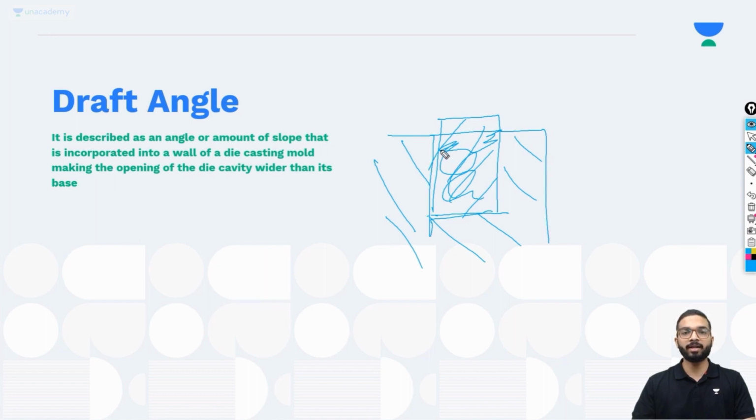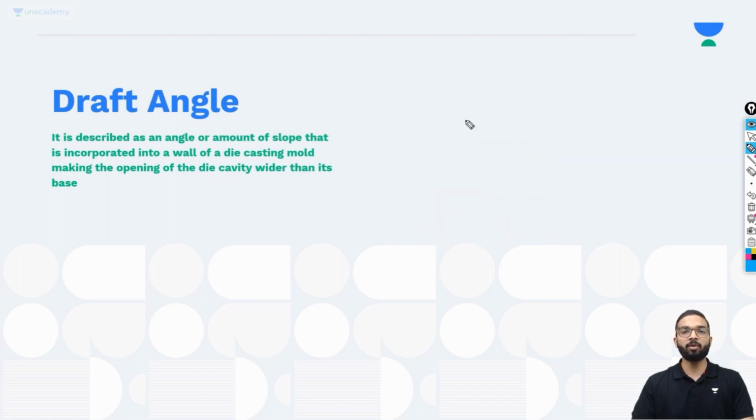Now, we pour material in this mold over here, and once it solidifies, we will try to remove it by pulling it upwards. But when we pull it, it tends to damage the mold as well as the surface finish of our part. In order to avoid this, we provide something called a draft angle. Instead of creating the walls as straight, we will give a slight angle at the walls so that when we are removing our part from the mold,